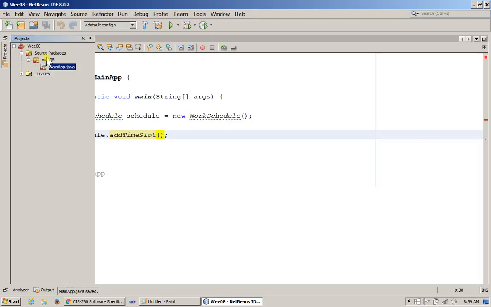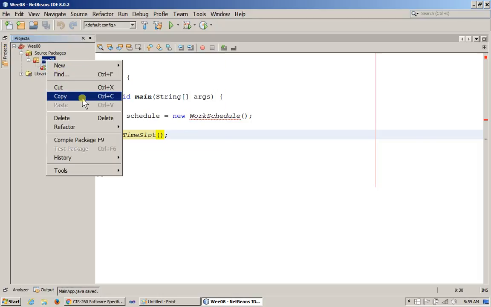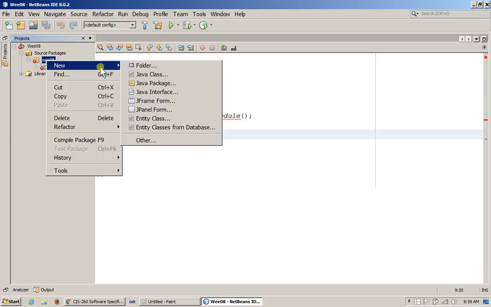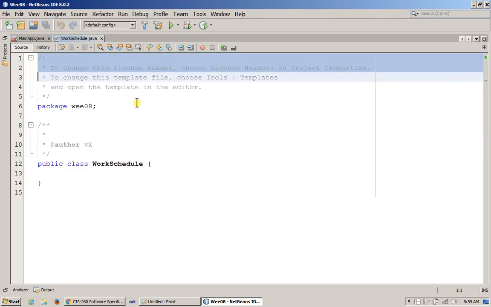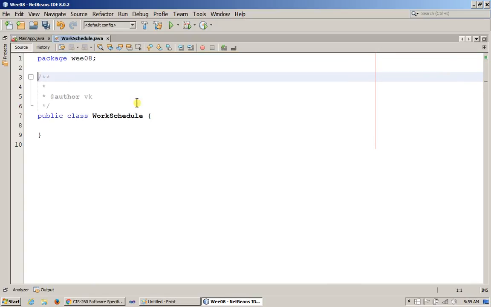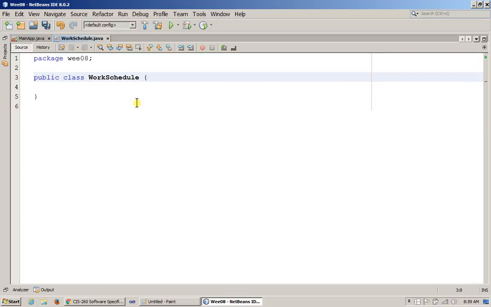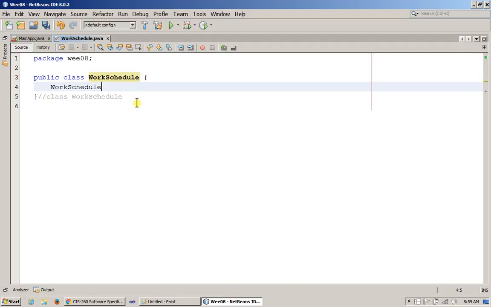Going back to my project and immediately add a bunch of classes here. So for instance, of course, the work schedule is something that I need immediately. That's obvious, right? So we're just gonna keep that. The work schedule is going to be my class. Of course, it needs a constructor, right? Needs a constructor, which has to be apparently public, right? And this public constructor